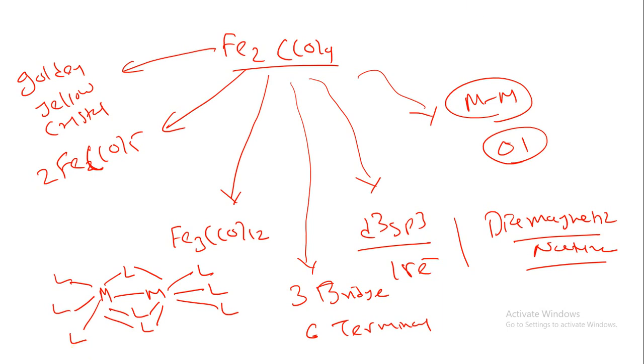So I am suggesting you that in every theory, suppose if you complete one theory in any topic, whether it is physics, chemistry or biology, in the last page of your notebook you should write down the concept chart. Now in this concept chart you should write down the main points, so in examination you can revise quickly. Suppose I am writing over here, I can have an idea of properties, preparation, metal bond, hybridization, bridge or terminal ligand, structural property, all the things in one page.